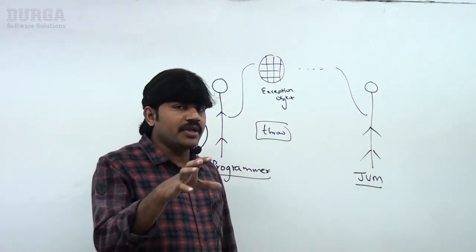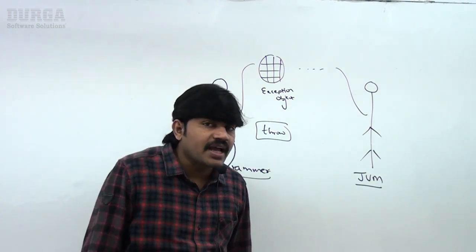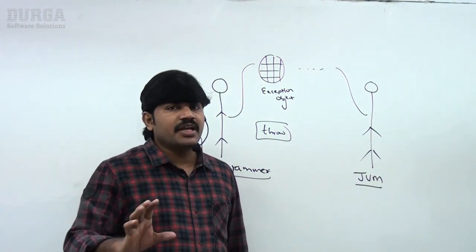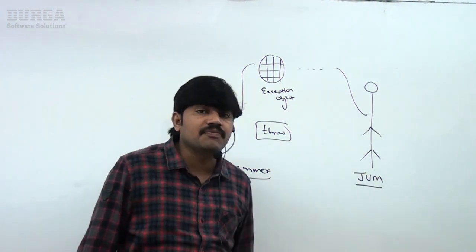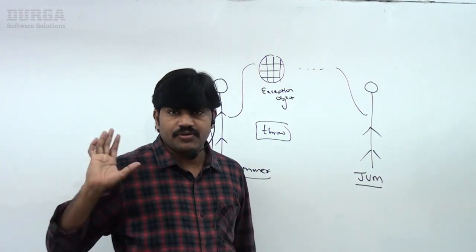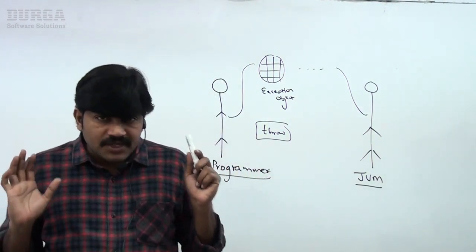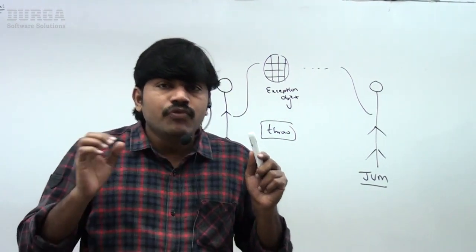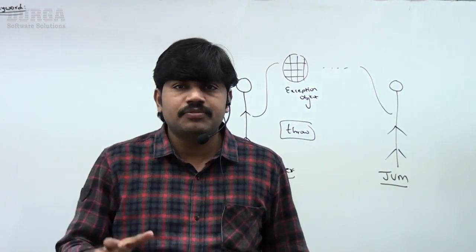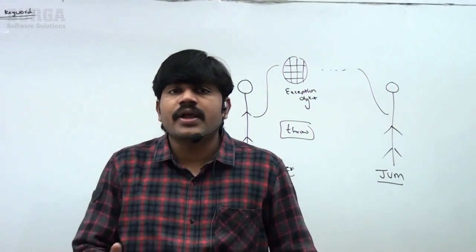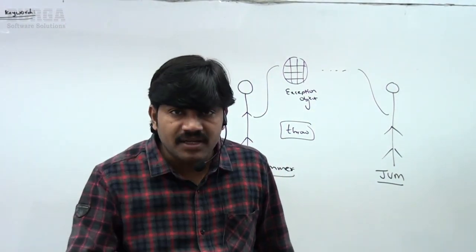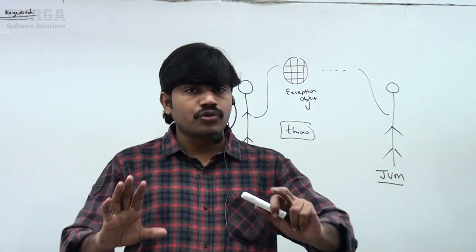So, who is throwing? The programmer. Who is going to catch that exception? The JVM is going to catch. A simple ball game itself is nothing but the throw keyword, right? So just observe. Sometimes we can create our own exception object, and we have to hand it over to the JVM manually. For that purpose, we can use the throw keyword, right?